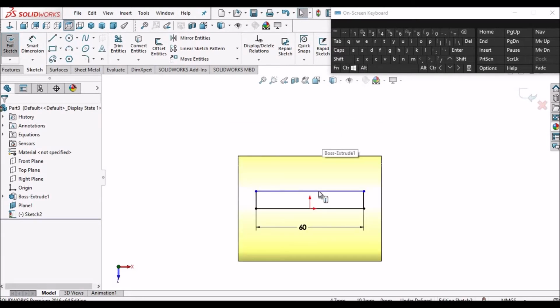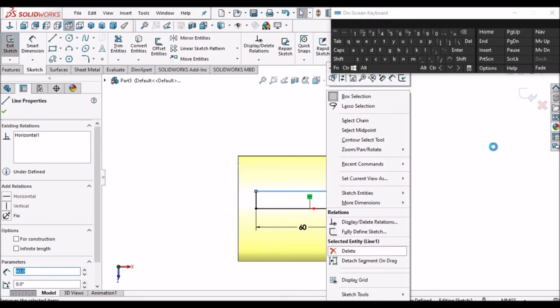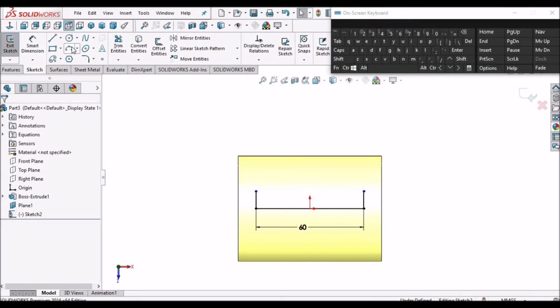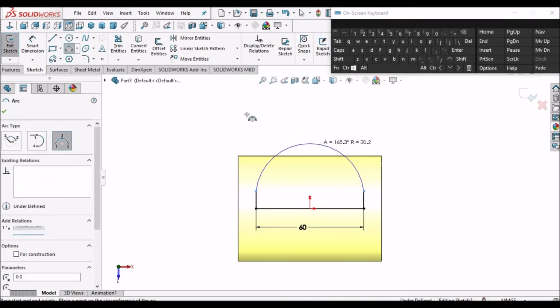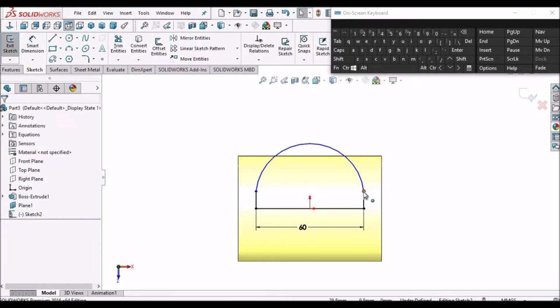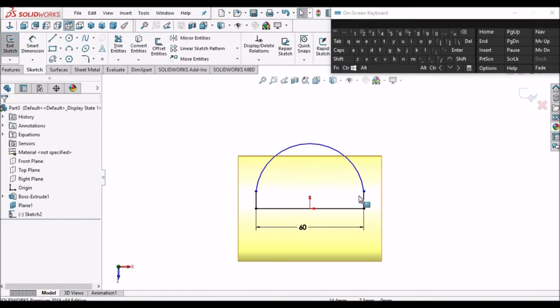Now I'm going to delete this line and add a 3-point arc. Here make it tangent, so it's already in tangent.